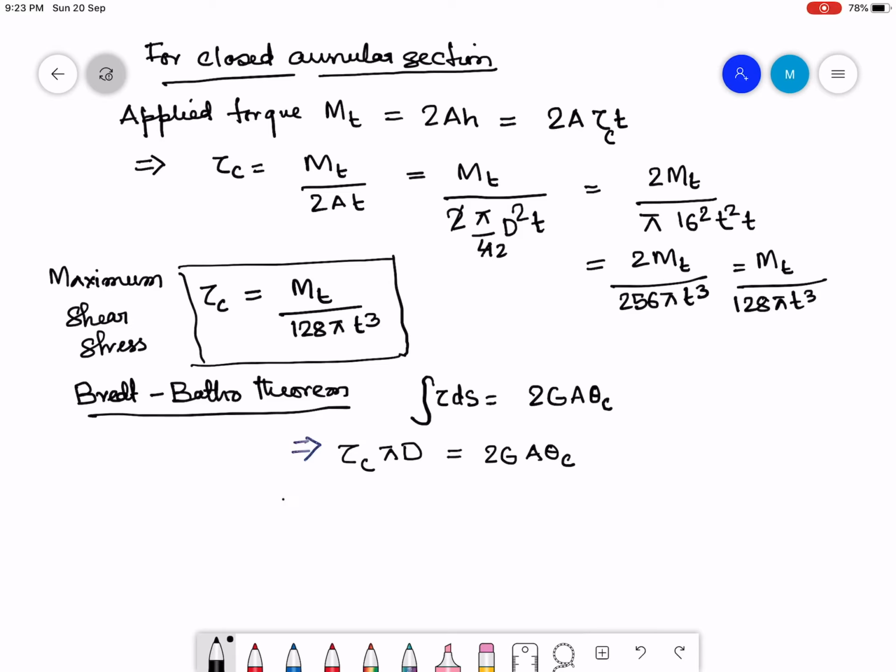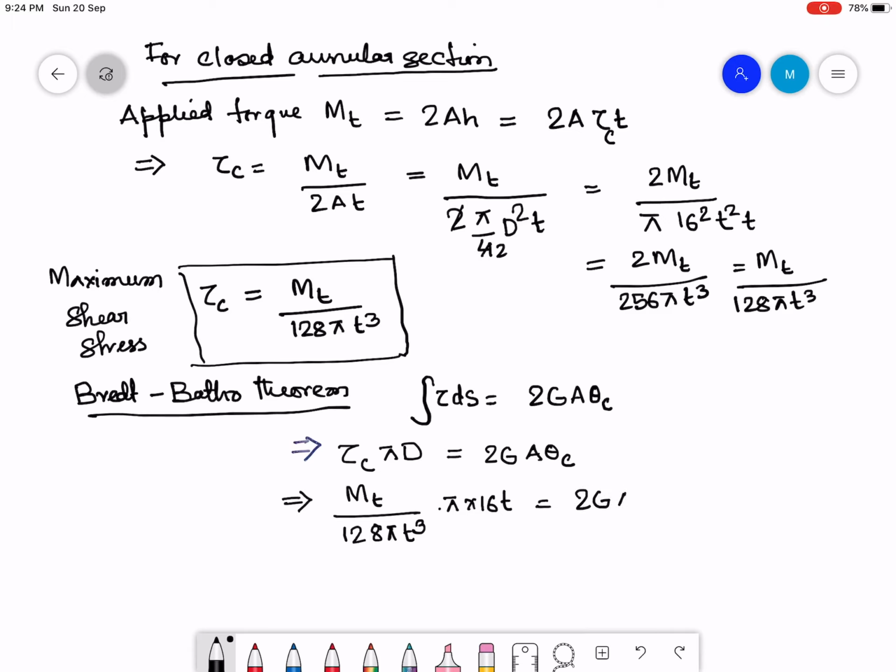Okay, so in place of tau c, I have to express it in terms of the applied torque. So I say this as mt by 128 pi t cube, into pi into 16t, is equal to 2G